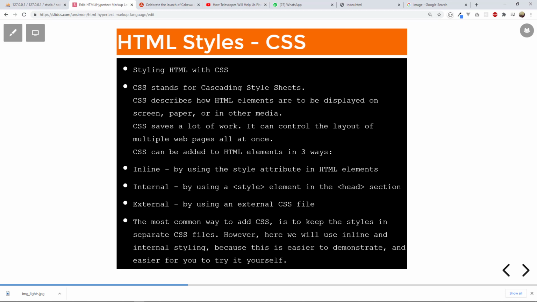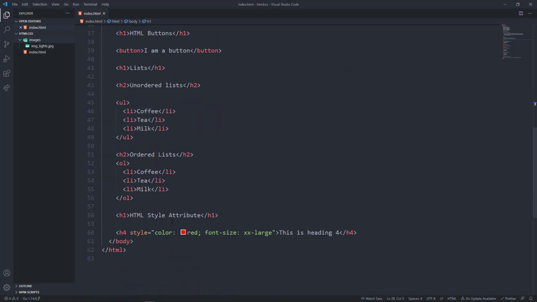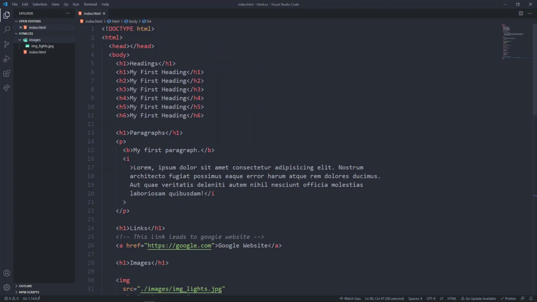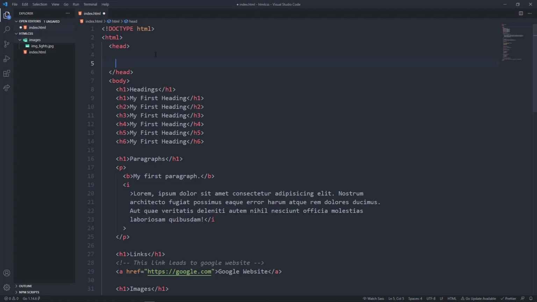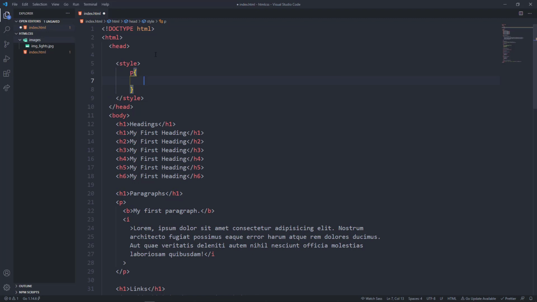So the inline is the one that we've just done, the one that we did before, where we put styling inside a tag like this. So this one is the inline style. And then the internal will go inside the head tag. We'll just do the style like that, and then here we can just say paragraphs. We want to give paragraphs the color of green,